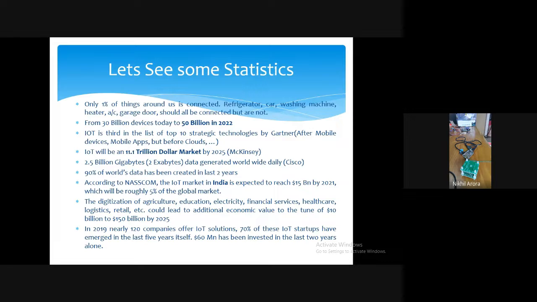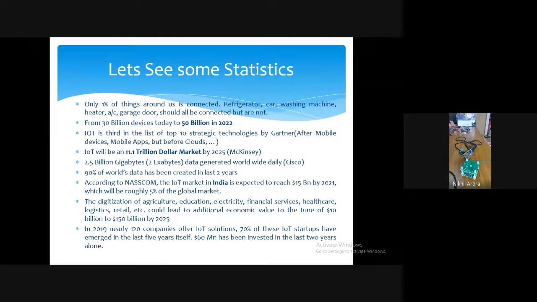Then, as I told you before also, the market size, the revenue from IoT is in trillions and billions of dollars. So if you see the data generation by sensors, it is increasing exponentially. 90% of the world's data, which you can see in Google Cloud and Amazon Cloud and various clouds, and your Instagram, Facebook, YouTube, a lot of data uploaded by YouTubers, 90% of data is collected in the last 2 years only. Before that, so much data was not there. Now we are talking about petabytes, exabytes, zettabytes.